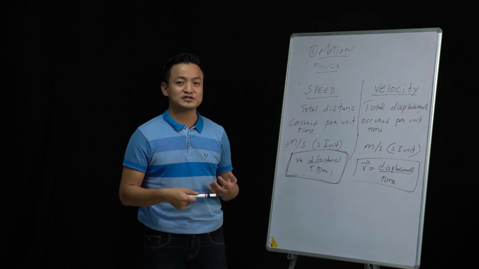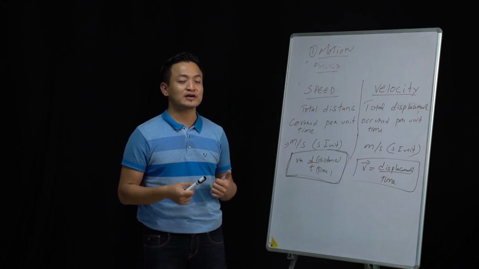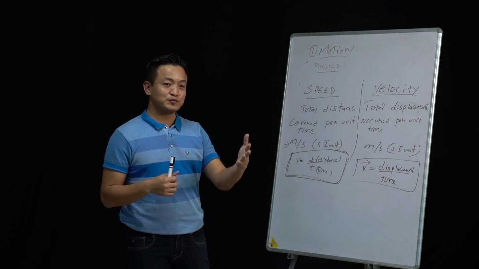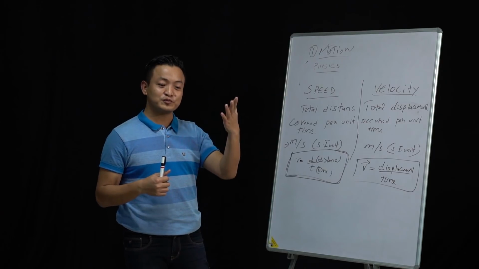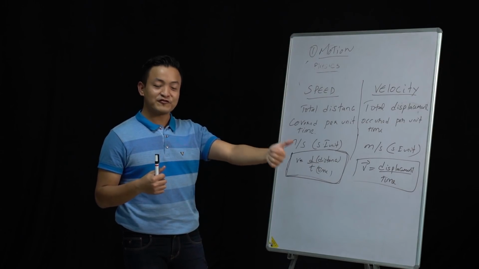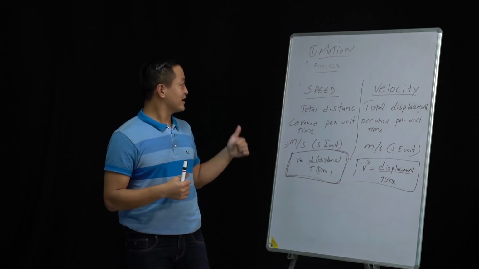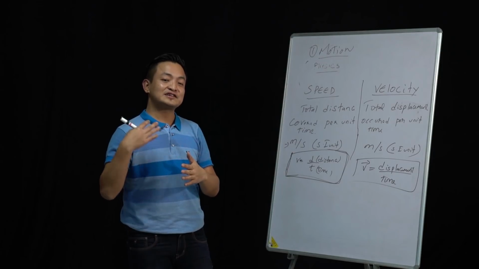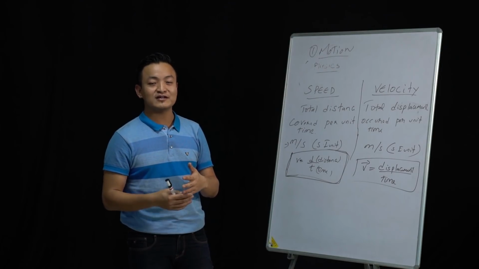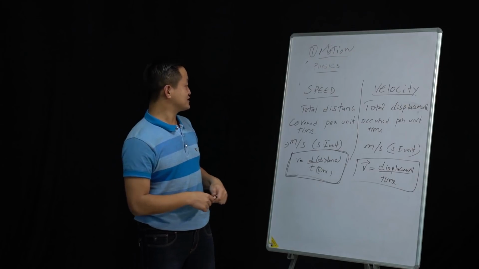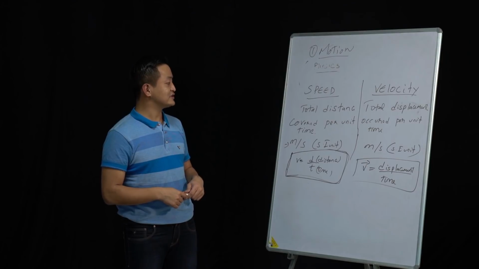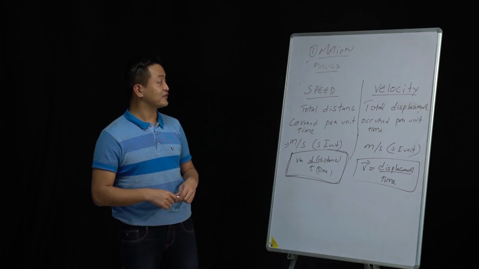We'll see some equations. We'll start numericals, and I'm telling you, it's going to be a lot of interesting if you put in more effort, and if you practice and go through all the notes, everything is relatable, everything is practical. It's what we see every day in our lives. Clear? So please note down the difference between speed and velocity, all the SI units, the formulas, and their definitions. These are very important.